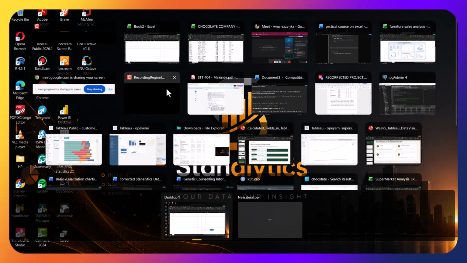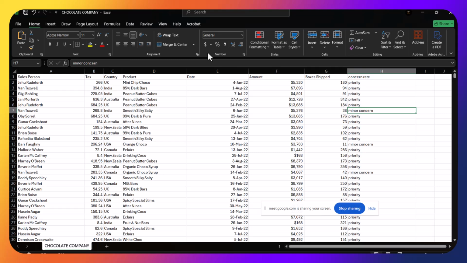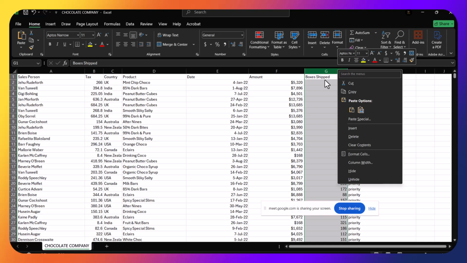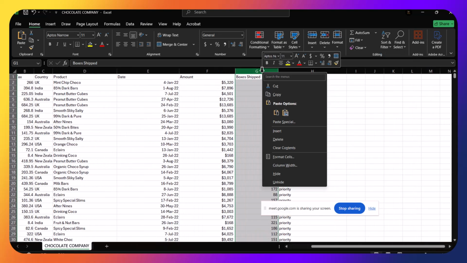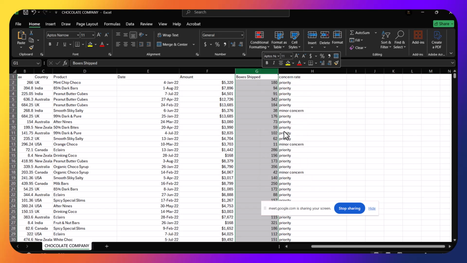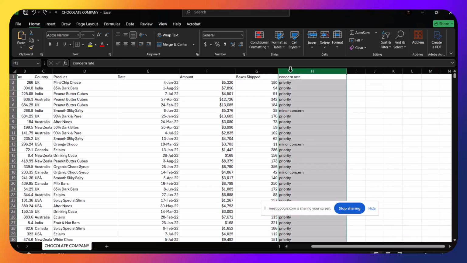All right. So I'm going to create a new column. I'm going to right click on the second to the last column, or the last column depending on your priority. But I want to create a new column. Let's do it like this. All right, so I want the new column to be